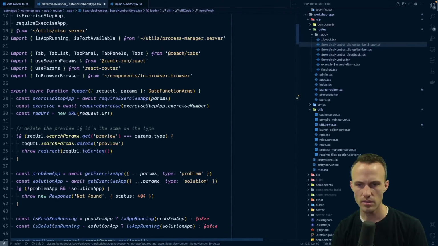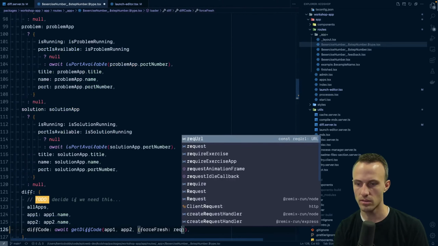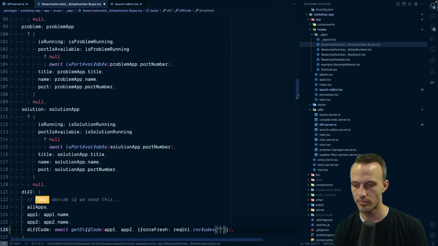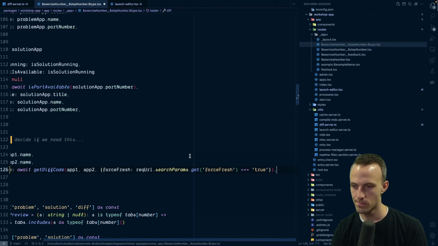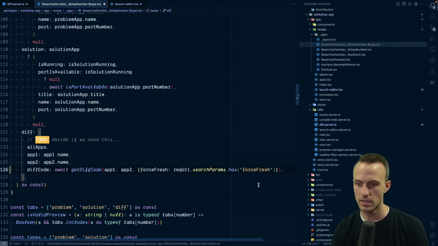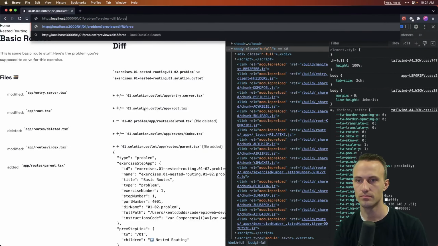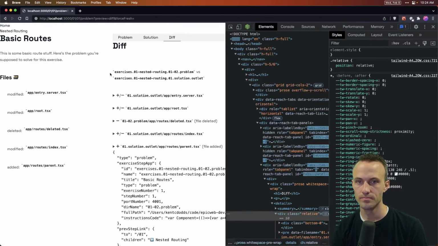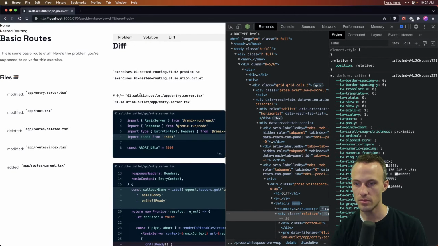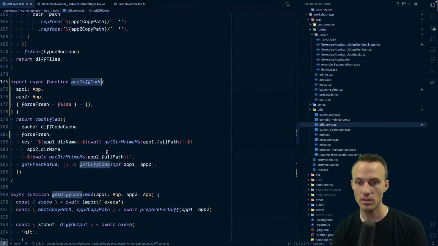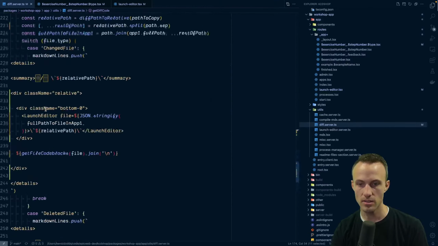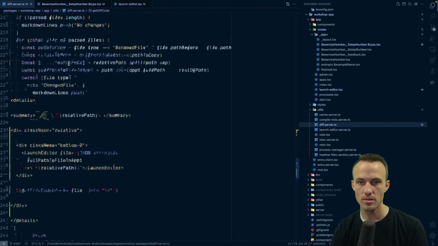But we've got the request URL includes force, or not, dot search params if it has force fresh. Okay, there we go. Now every time it'll refresh and be the latest thing, and I can double check that by